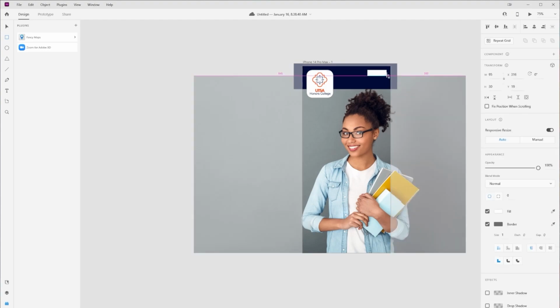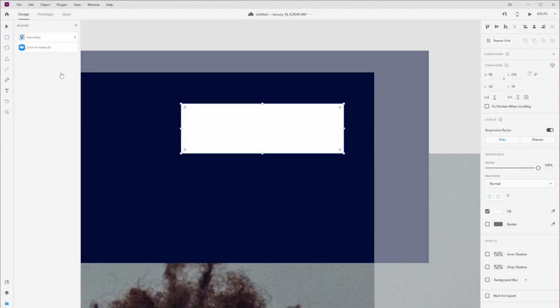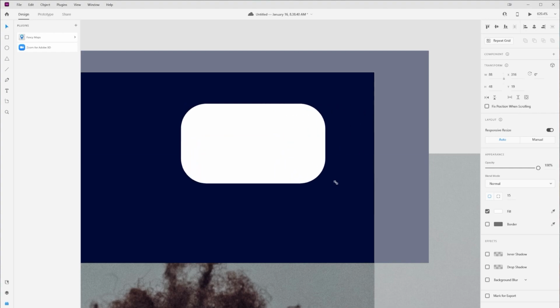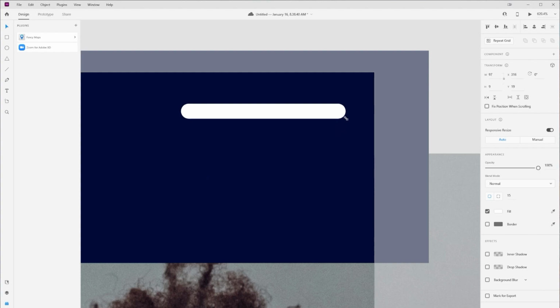I'm going to make 1 rectangle. I'm going to turn off that border because I don't like it. I'm going to zoom in. I can also zoom in with this little magnifying glass here and select the area I want to zoom in. So Control plus or minus, or you can use that little zoom tool. And I'm going to round those corners so it looks more like a menu. I'm going to shrink that down. Now this time, notice I'm not holding down Shift to constrain proportions because I want to be able to shrink this down to more like a menu bar size here.